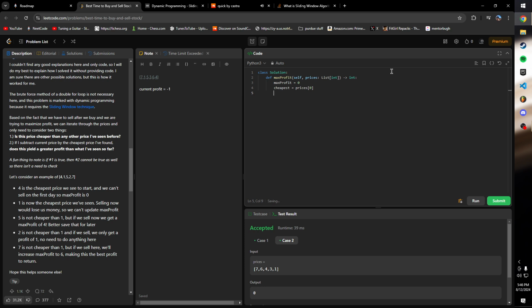So let me say for num in prices, if num is less than cheapest, then we can update cheapest equals num. And then we could say else if